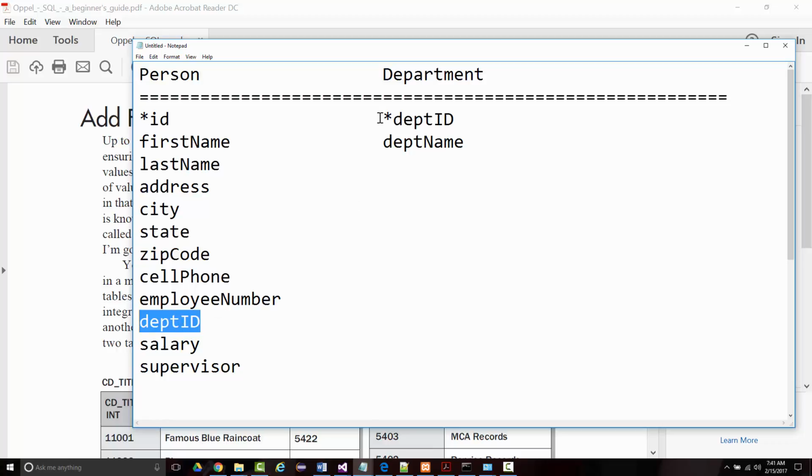So with a foreign key, you take the primary key of one table, you add it as a non-primary key field in another table, so you're able to relate those two tables together. If I did not want to do that, the only other alternative I have would be to create a table called something like person department,